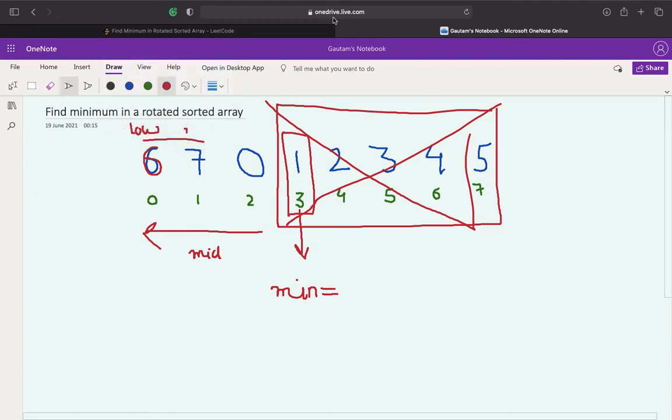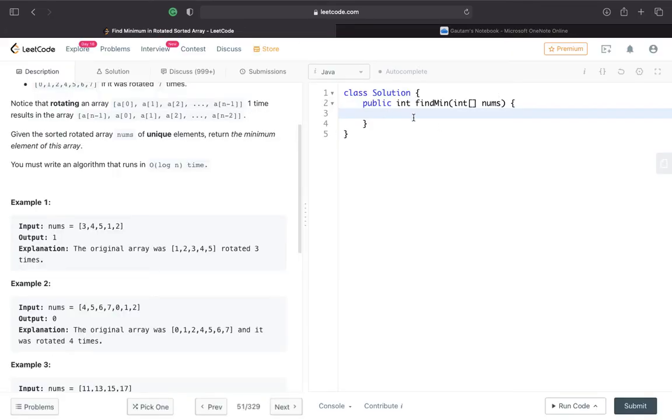Now let's try to code what I explained. We'll start with the variable low and initialize it with 0.